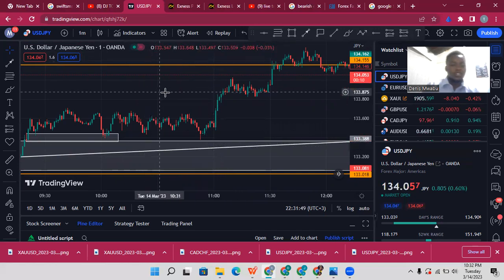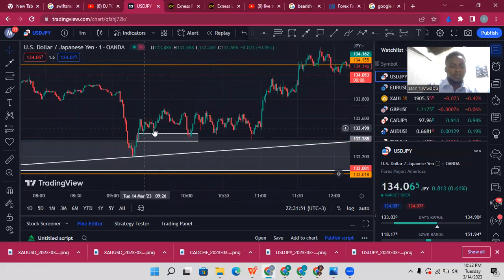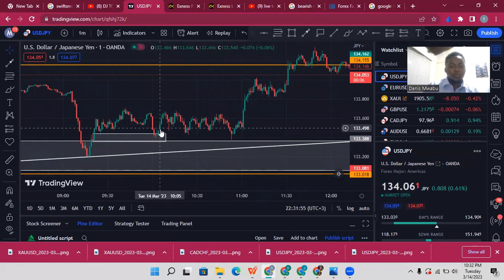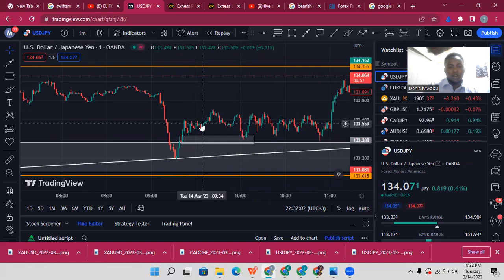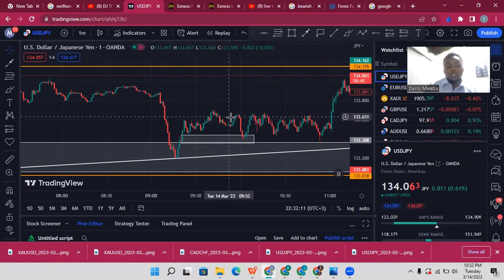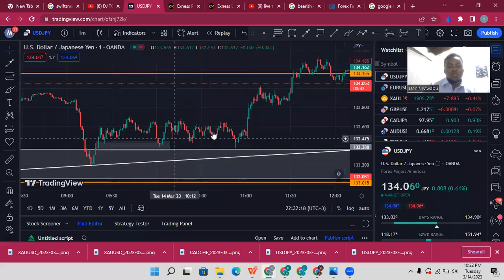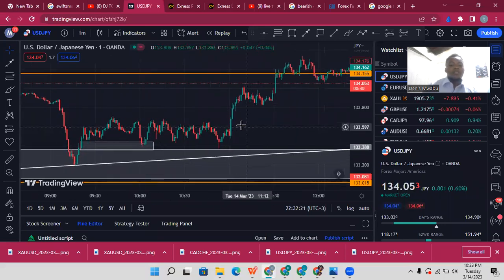And the entry, I actually got into this trade a little bit earlier. I got into this trade on this pullback here, whereby I saw price hit this level, jumped up, formed a little bit of accumulation here, and then formed some manipulation, like it tried showing me, hey, this price is going up, and then it started falling down. So immediately it fell down here, I got into this trade on this level. So it went into an accumulation stage, and immediately the